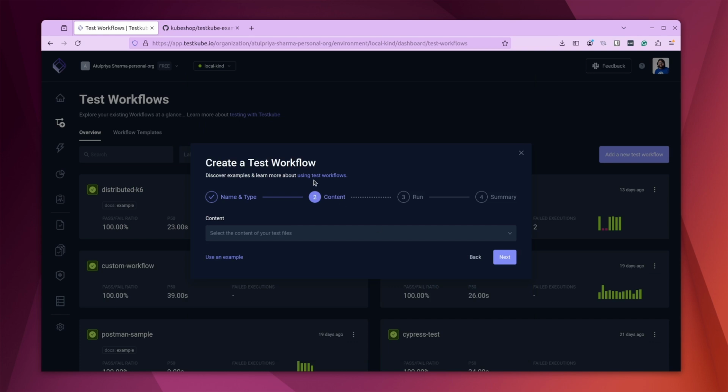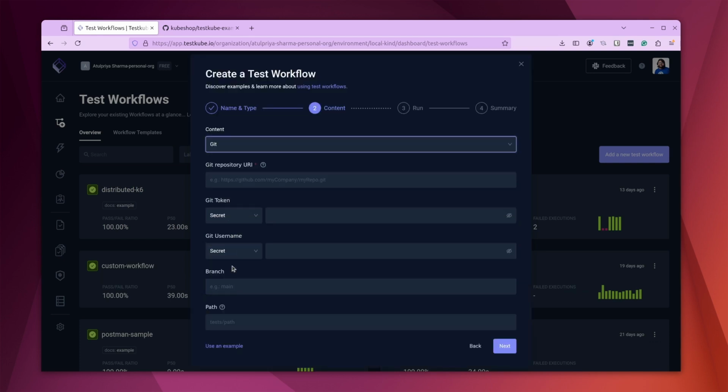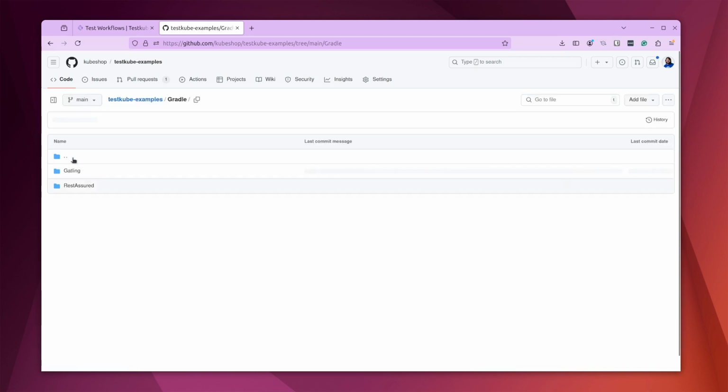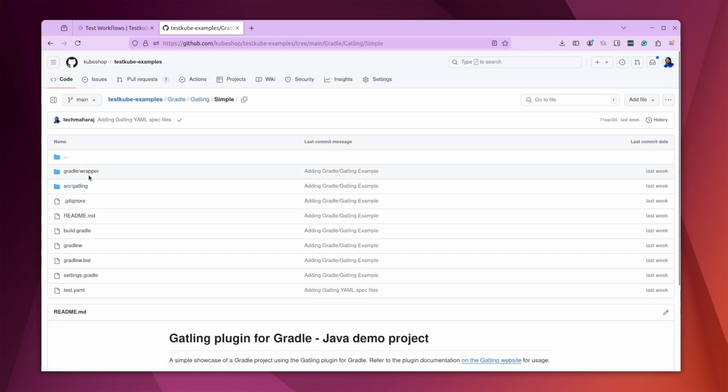On the next screen, it will ask you to provide the content, and we will choose a GitHub repository. You can check out the Testkube examples repository within Kubeshop, where we have all the examples given. Let us navigate to Gradle, and we have a Gatling folder where we have examples for the simple and distributed tests. So here are all the files that are required for the Gatling test,